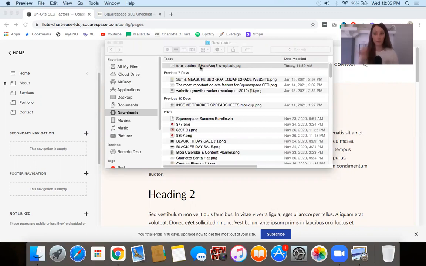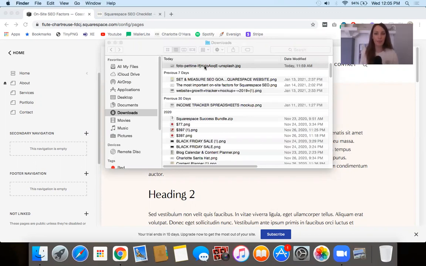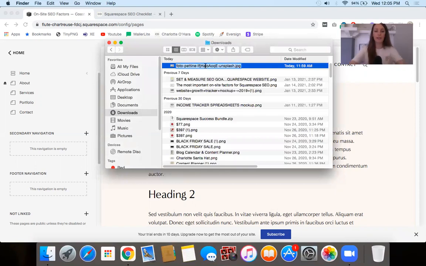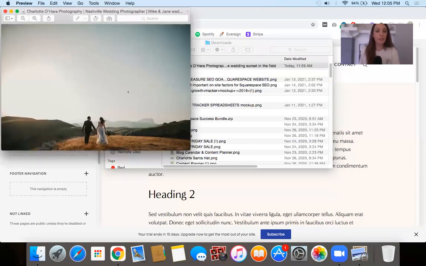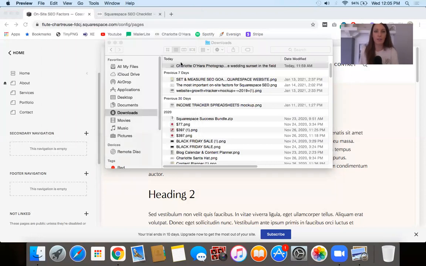But the very first thing we want to do with all the images that we have on our website is to name the physical file correctly. So I would maybe name it something like Charlotte O'Hara photography, let's say Nashville wedding photographer, Mike and Jane wedding, sunset in the field, whatever, okay? Something like that. So that image is going to be really well named with the keywords, but it's also descriptive, okay? So we're hitting on the keywords of your name, your location and photography type,